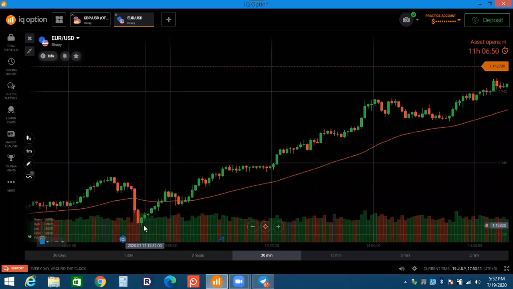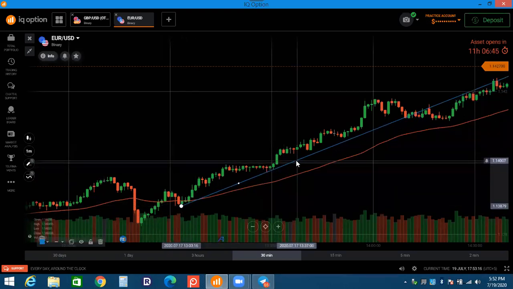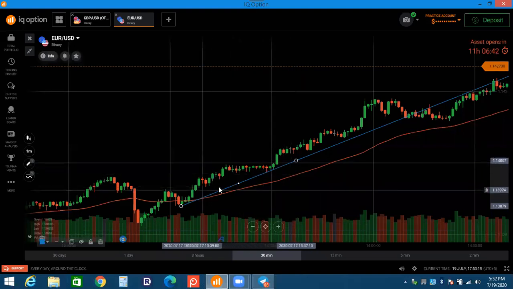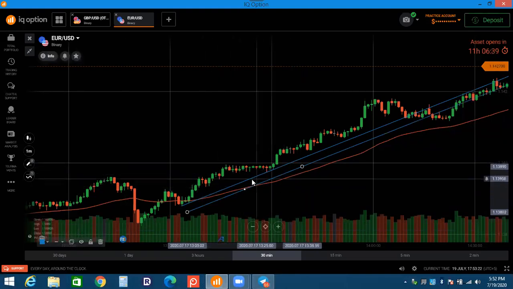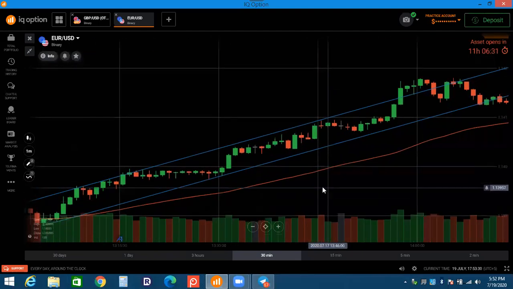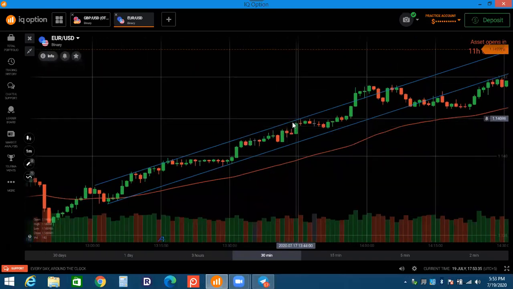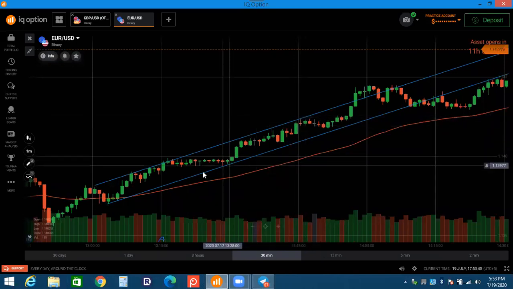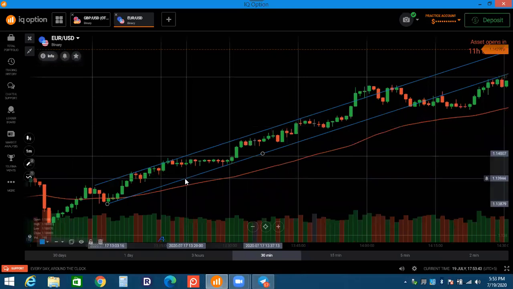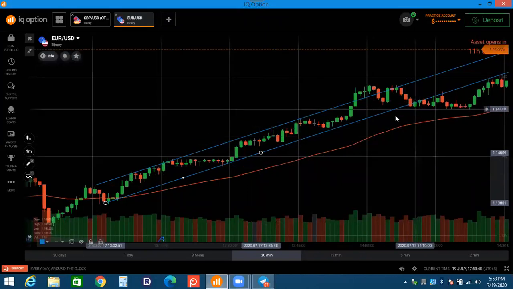So from here, you see the trend is going in an up direction. Just put a trend line, copy this trend line and connect any higher high, any higher swing. This channel will give you an idea that when the price touches this channel, it will give you the support and resistance level. And when the price touches this level on the body, it will give you the idea of support and resistance level.